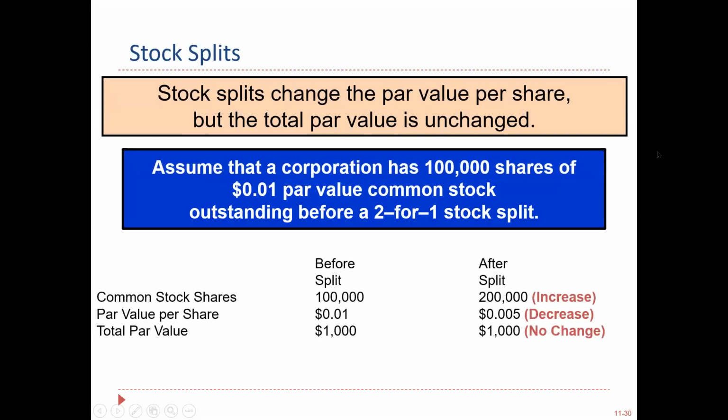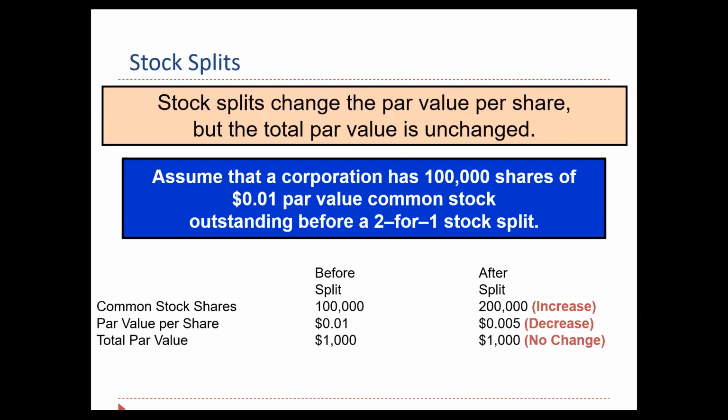The key thing with the stock split is that there is no journal entry, nothing to do. A stock split is not an accounting transaction. And here's why. And just go through this slide when you're doing your homework so you might understand from a multiple choice question or two. I've never seen a test where they ask you to really do this because this is not an accounting department business. This is the corporation's board of directors deciding whether they want to issue a stock dividend or a stock split. And all we're saying here, everybody, is you have